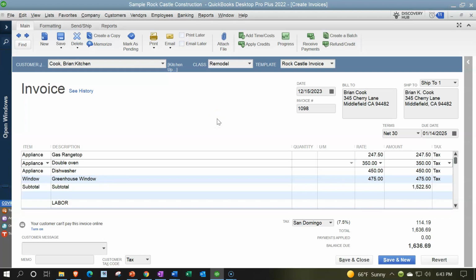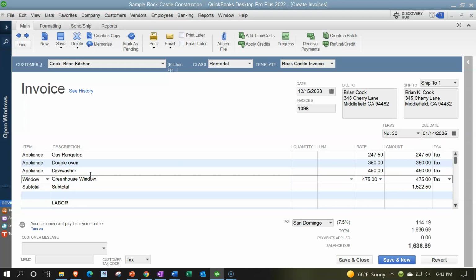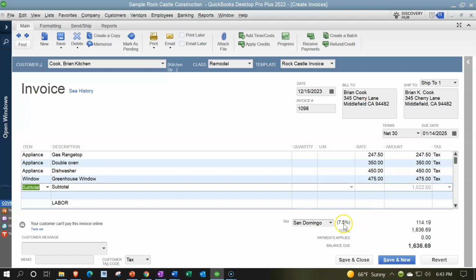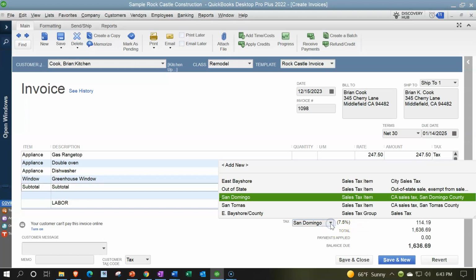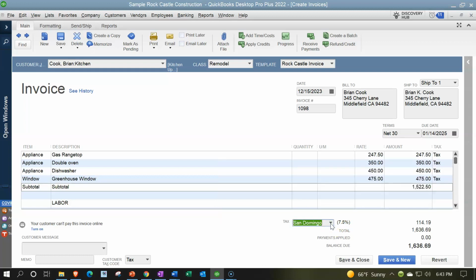And then we've got these next items. We can obviously do multiple items for the invoice, listing them out, having the item number, and then the description will populate automatically if it's set up properly as an item. The rate will set up automatically if you have determined it to do so. If you need to change the rate, then of course you can manually go in and change the rate. And then we have the subtotal. Then down below, we've got the tax calculation. So if I hit the drop down, it's picking the proper tax, the government entity that's going to be collecting the tax, at 7.5% in this case. And that gives us the total after taxes, the balance due then being the